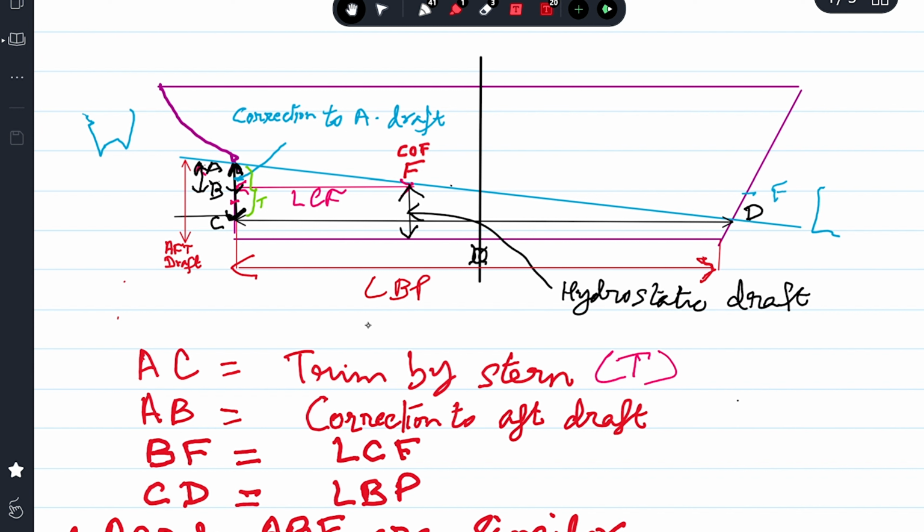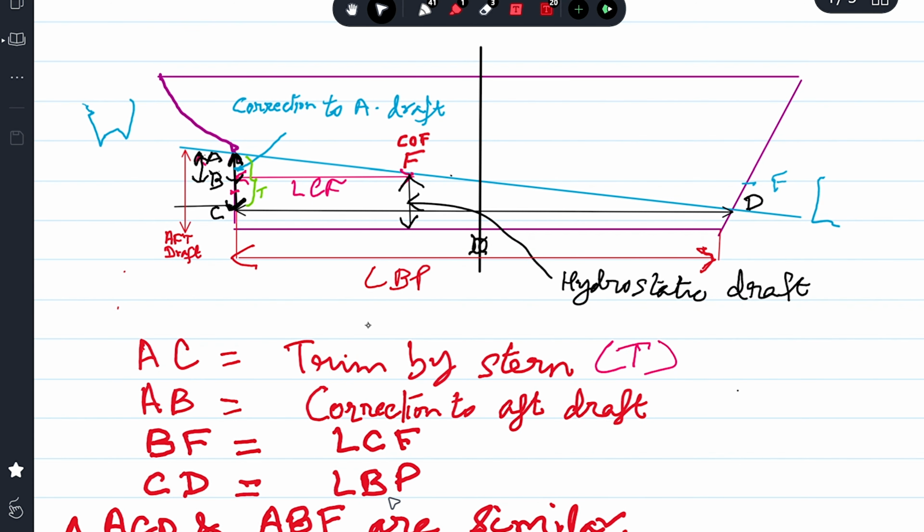This is a hydrostatic draft, because it is at center of flotation. So from center of flotation to aft perpendicular is LCF. LBP is the length between perpendiculars from forward to aft. Now if you see this diagram clearly,